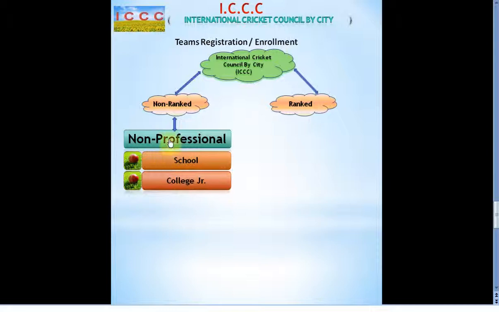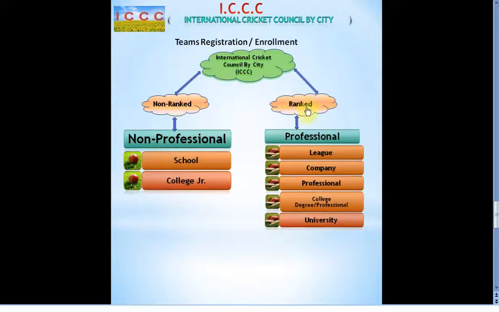These are non-professional, and their ranking is not done, but still their career information is captured in ICC. Under the ranking system, you have the league teams, and company teams like Wipro or even the Bajaj team. They can enroll as professionals, and they can include the team in the ranking. Similarly, degree colleges, professional colleges, even universities are included in the ranking.